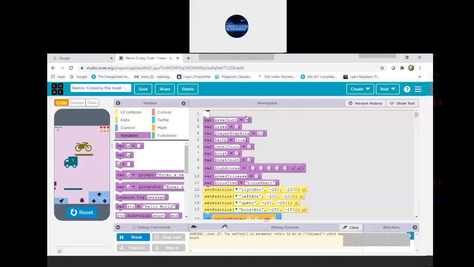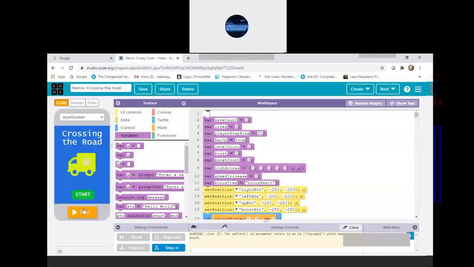Variable means, many of you know, in maths we write x equal to 100, so x will be a variable for 100. Here move count we made 0, lives equal to 3, player step size equal to 20. 20 by 20 according to the size of the phone. When we reset, why is 20 used?